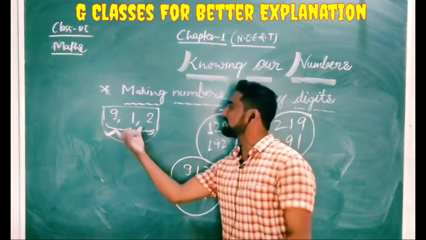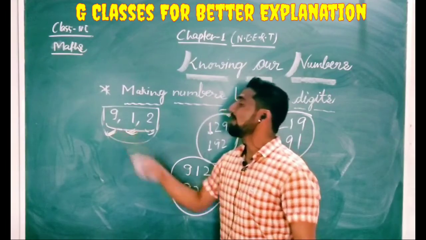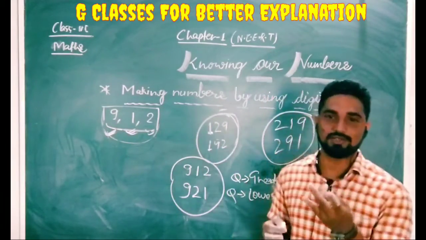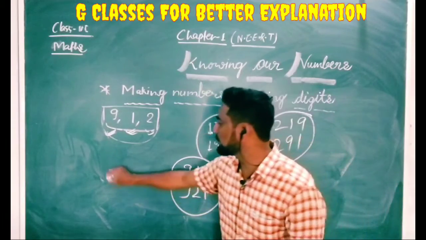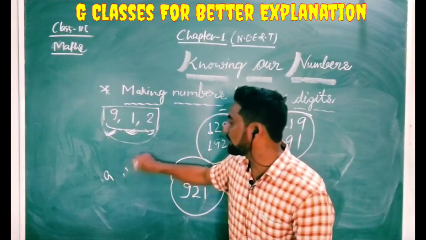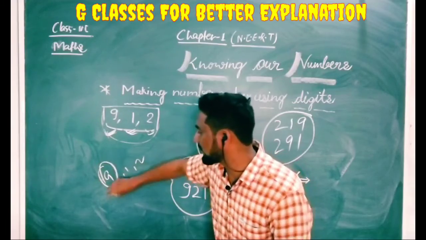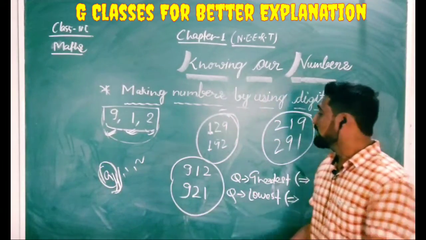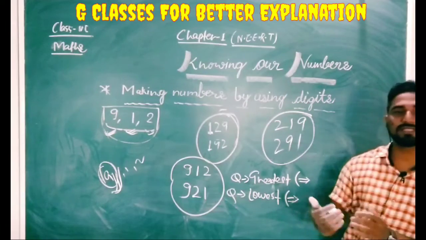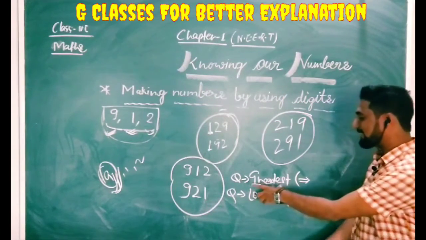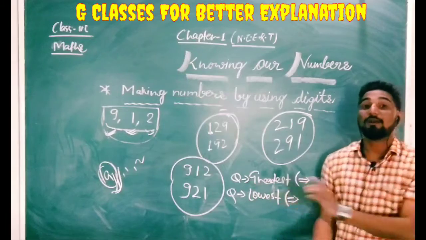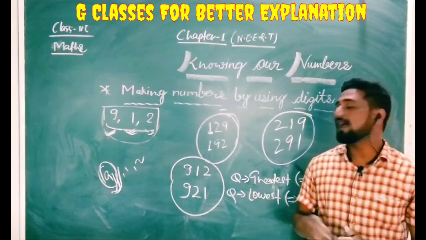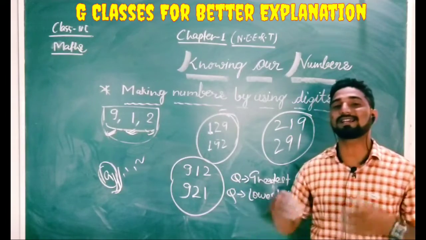Now what to do with these 3 digits? You just see which one is greater. Obviously you have 1, you have 2 and you have 9, and everybody knows that out of 9, 1 and 2, 9 is the greater one. So while writing the greatest number, what to keep in mind, pay attention: we have to look for the digit which is greater among those given, that is the greatest one.